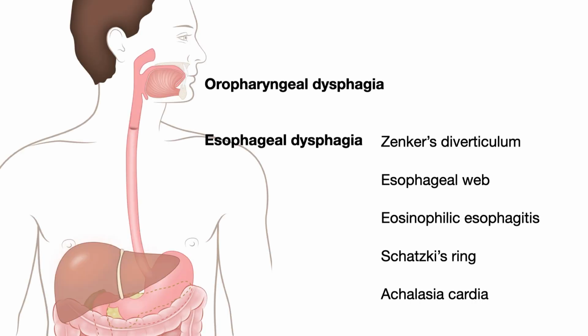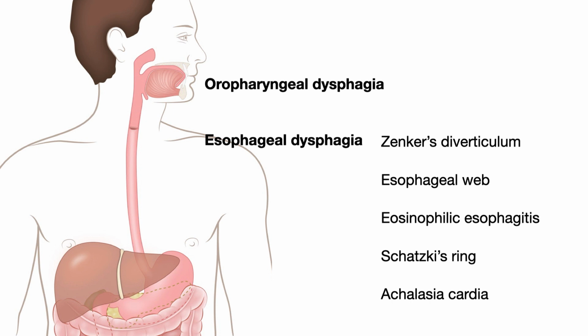So when someone presents with difficulty swallowing, otherwise known as dysphagia, you want to figure out whether it is oropharyngeal dysphagia or esophageal dysphagia. Oropharyngeal dysphagia is when someone presents with difficulty swallowing and the food doesn't go from the mouth to the esophagus, and in the process it can get into the windpipe or the trachea, resulting in aspiration, or sometimes it can come out of the nose. That is nasal